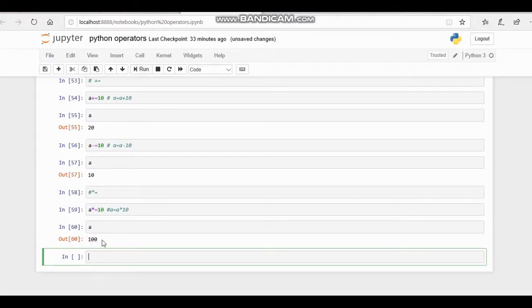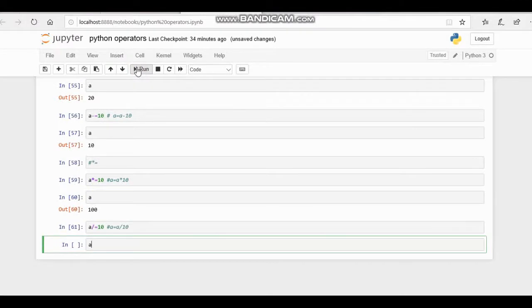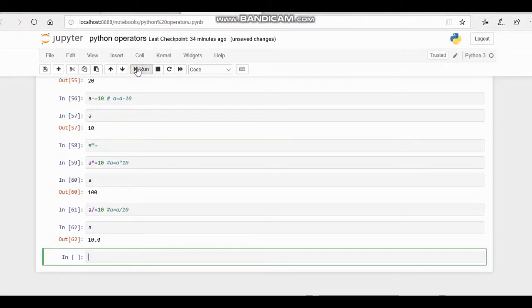Now I am going to do A slash equal to 10. In this case A equal to A divided by 10. So it will print 10.0, which prints the decimal part also.